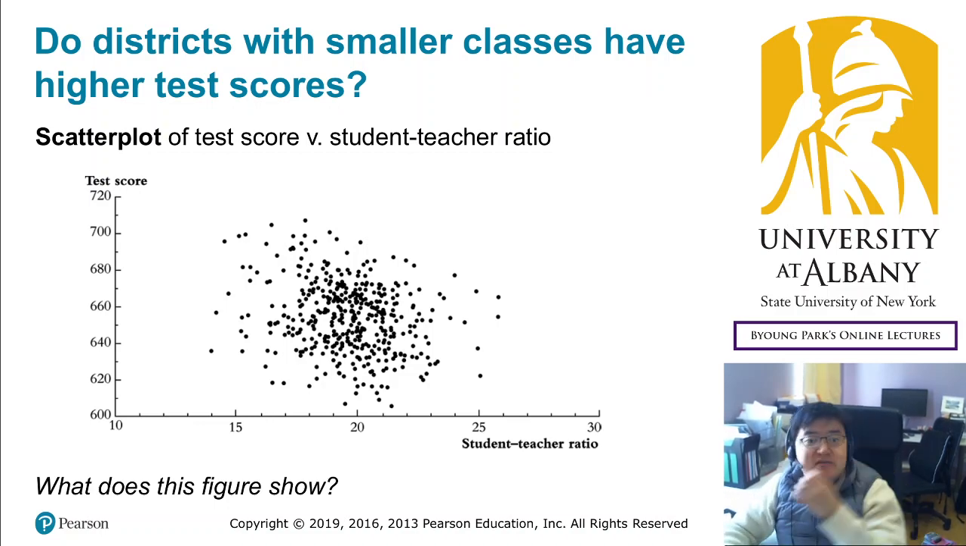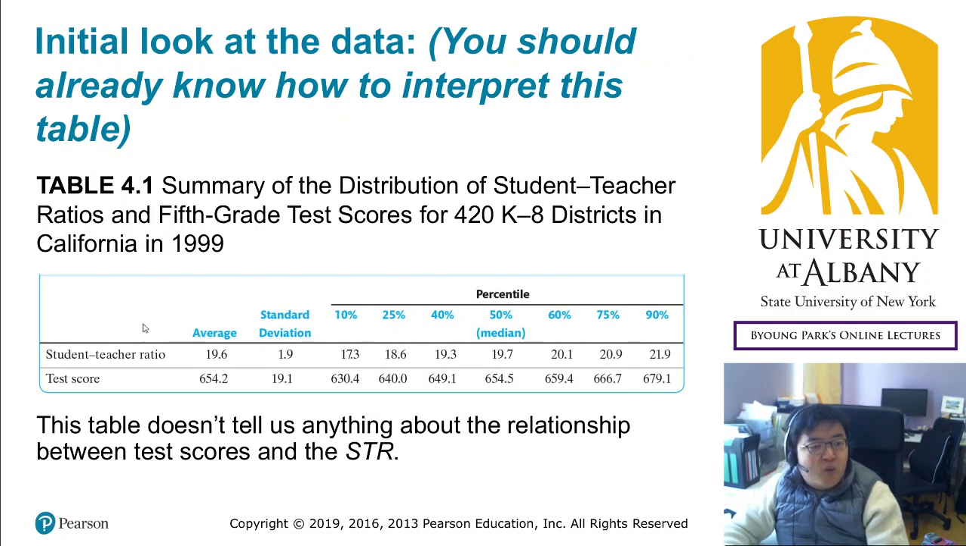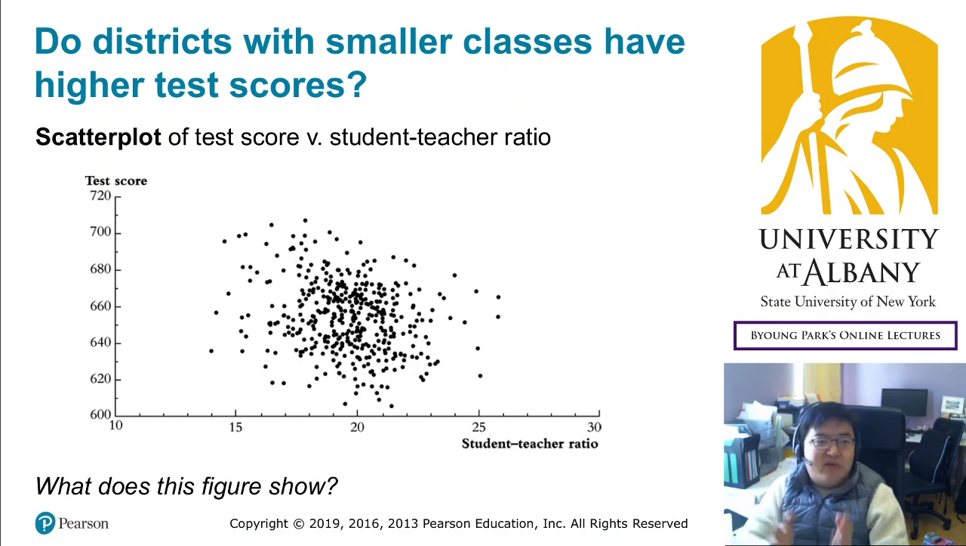So in the previous slide, we looked at a very simple summary table. And as I said, it does not show any relationship between these two variables. It's just a single variable by a single variable. To study the relationship, what we need is the relationship: when the class size is reduced, how much does the test score increase? And to study that, you need to look at the scatter plot